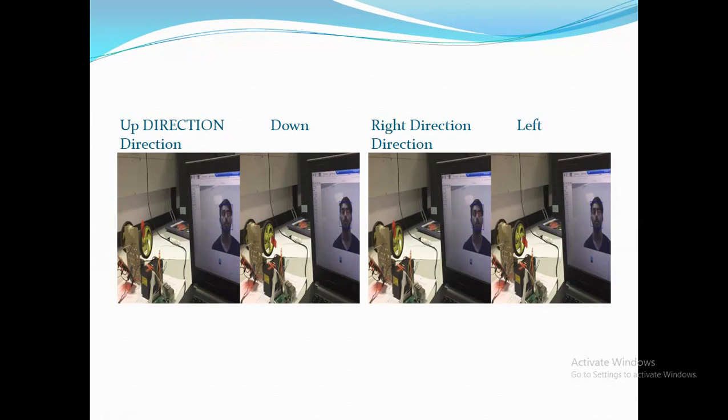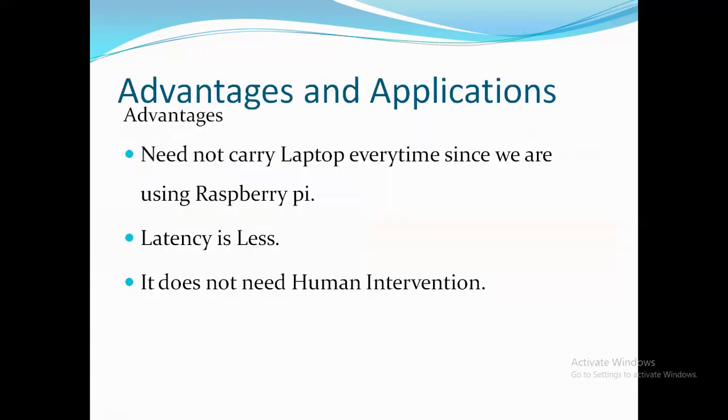Another one is that we apply the threshold algorithm. Using the mathematical approach, we will be having two divisions: one is the right division, another one is the left division. If the centroid point is in the right, the wheelchair will be moving to the right side. If the centroid point is in the left, then the wheelchair will move to the left side. If it is in the center, the wheelchair will move straight. So this is how we know the basic thing.